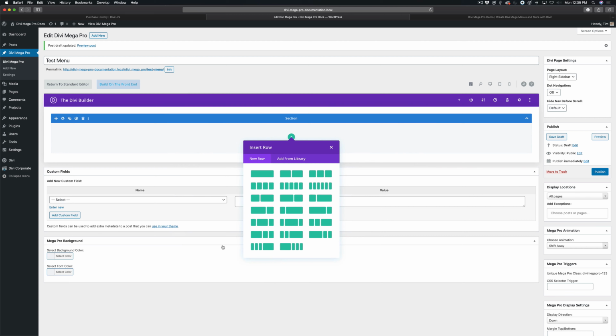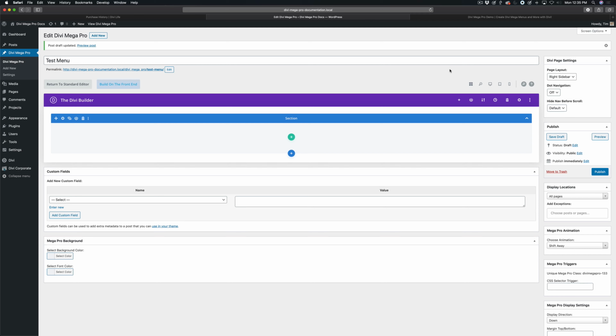Click Build from Scratch. Now, if you do in fact want to continue building from scratch, then you would add your columns here, and then start adding content and start designing. However, to make it easy, we're going to go ahead and import a pre-made template. And so you can do that